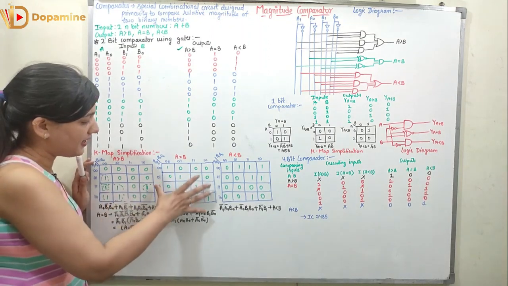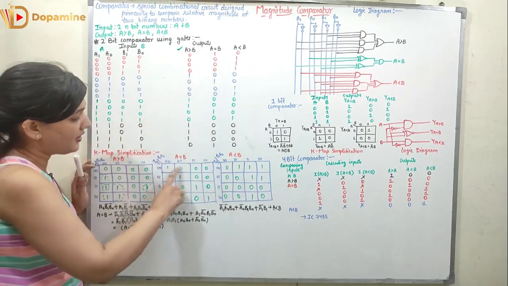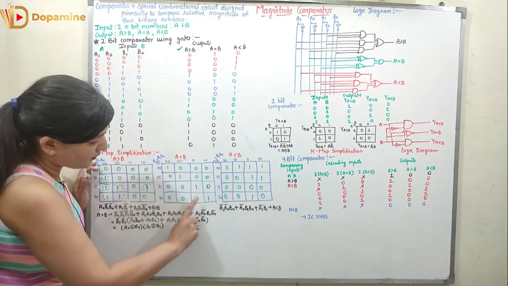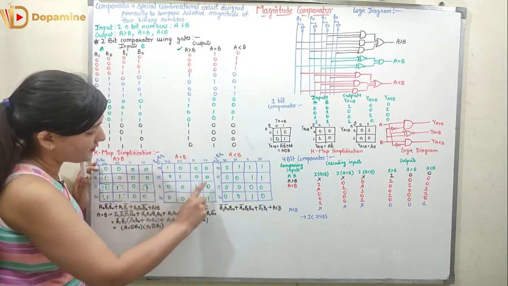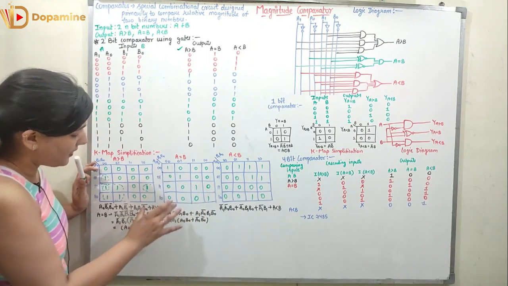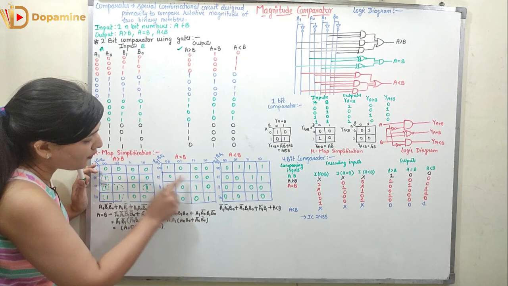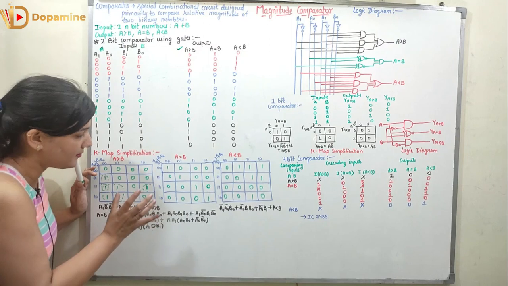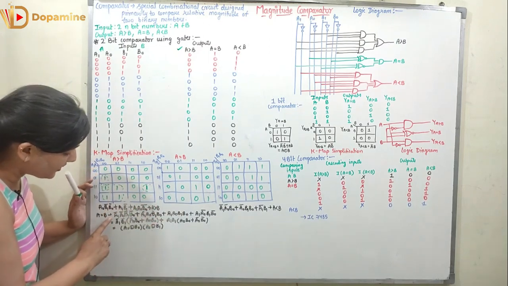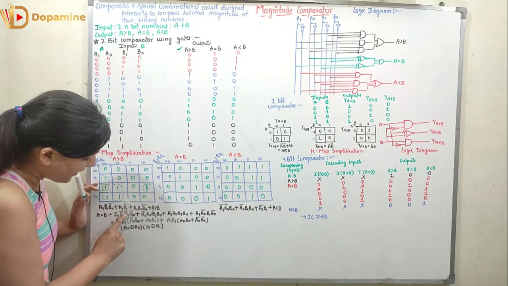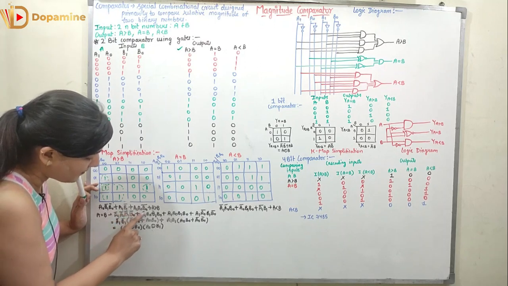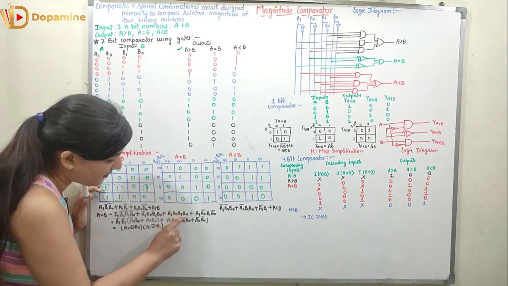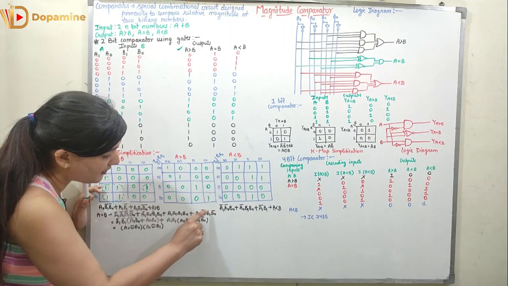Similarly, we can make a K-map for A is equal to B. So now we have 1000, then 0100, 0100, then 0010, now 0001. Now for A is equal to B, you can simplify. None of them will make a pair, or even a quad; nothing is possible over here. All of them are isolated ones, which are represented as A1 bar A0 bar B1 bar B0 bar, plus A1 bar A0 B1 bar B0, plus A1 A0 B1 B0, plus A1 A0 bar B1 B0 bar.